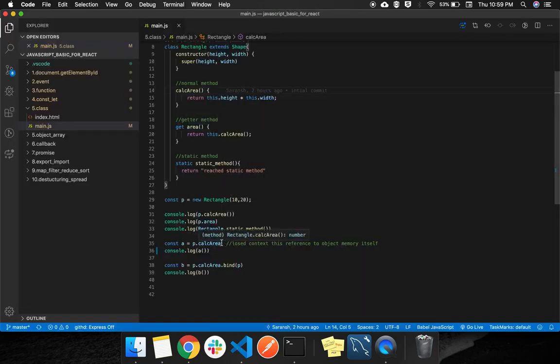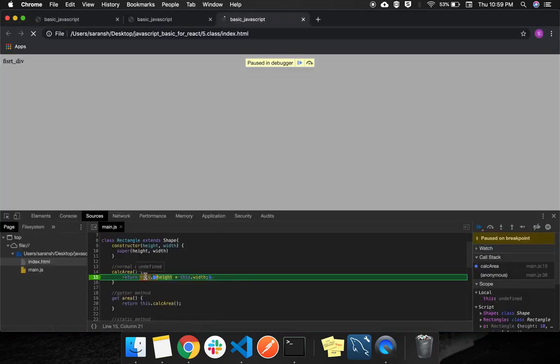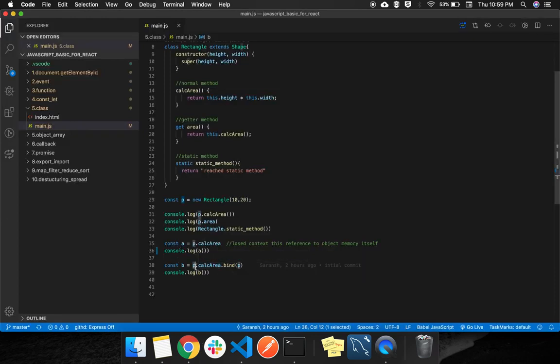What happened? So when we tried to dump this calcArea, p.calcArea, only this body has been transferred, but this is referring to this object, and the memory of the object or this reference has not been transferred. So to avoid that kind of scenario, so that we do not get this is undefined, what we do is transfer this body plus we transfer this p also with binding it.